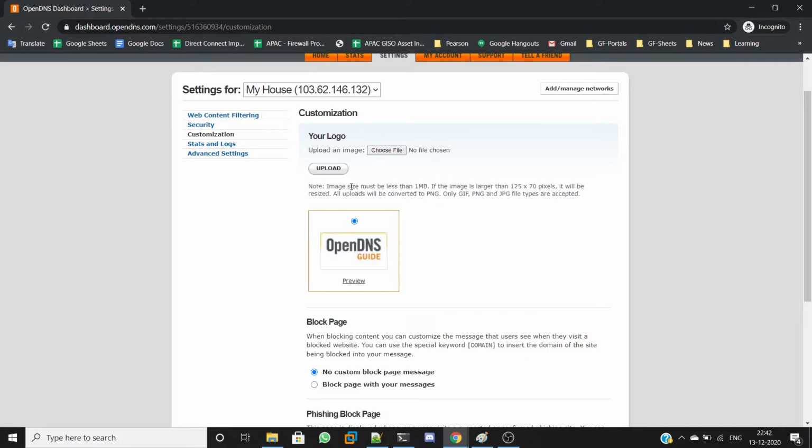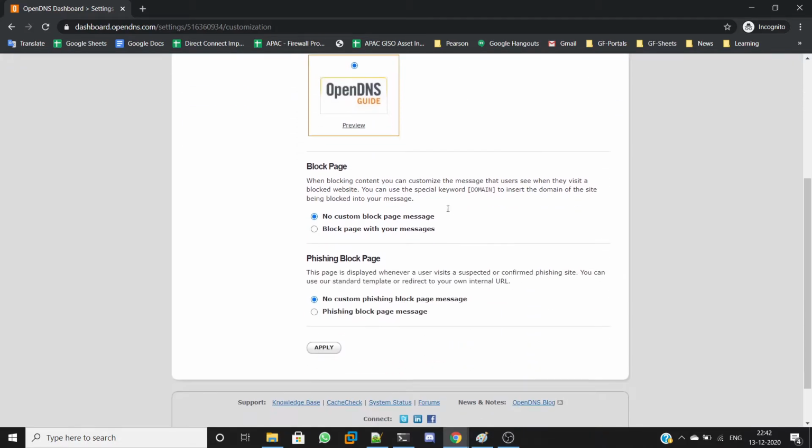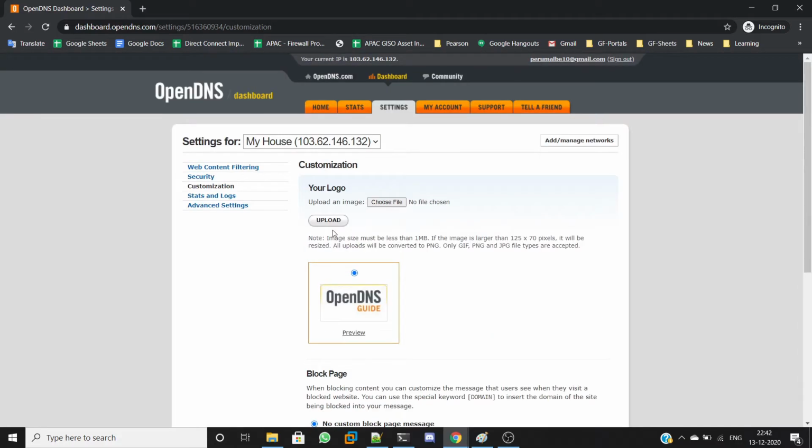When a user gets an error page, instead of the default error page, the image that you choose will be displayed to the user. You can also customize the error message shown to the users. I'm not going to do anything here.